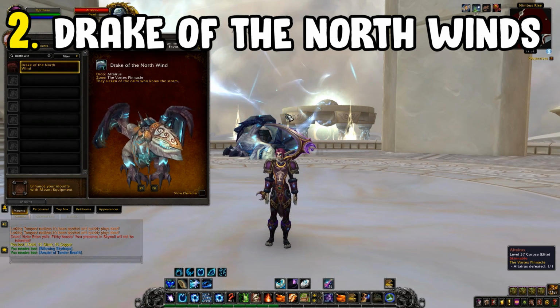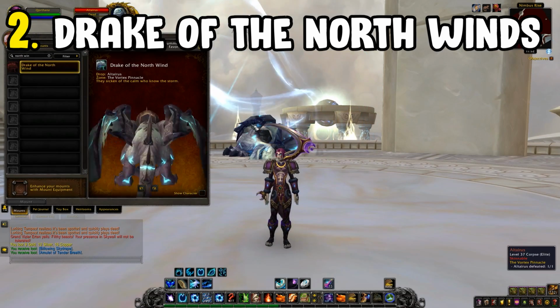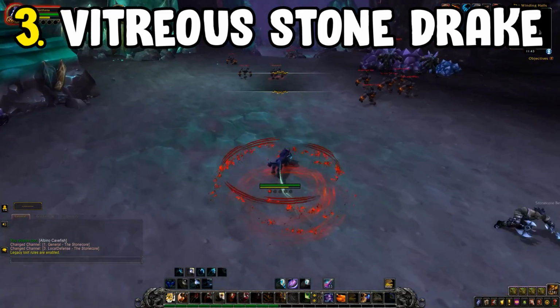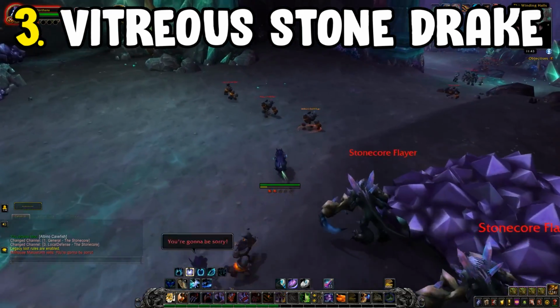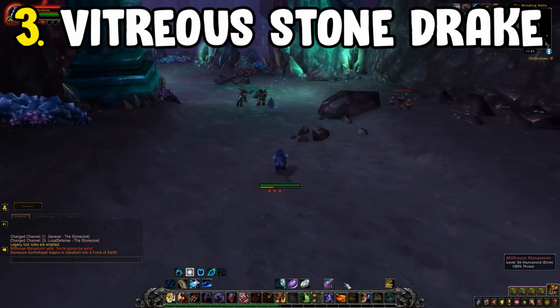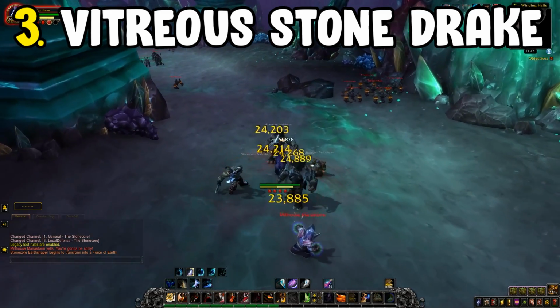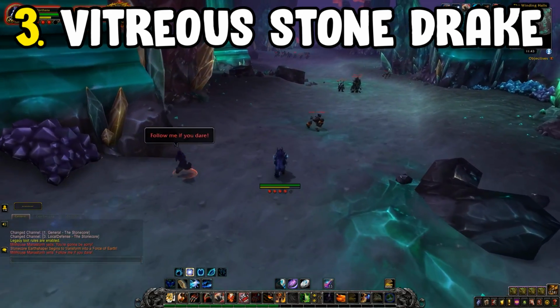And overall, I find that this mount looks pretty dang awesome. It is one of my favourites at this moment in time. Coming on to number 3, and with no surprise, is another Cataclysm farm, and this one is the Vitreous Stone Drake. This one is located within the Stonecore, which is located within Deepholm, and this can be found from